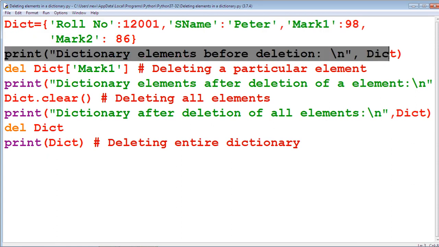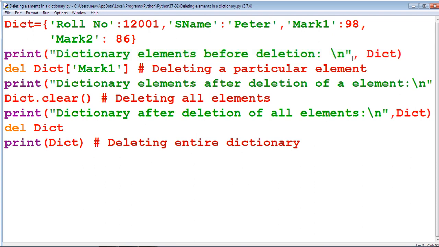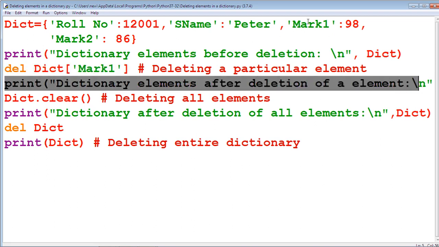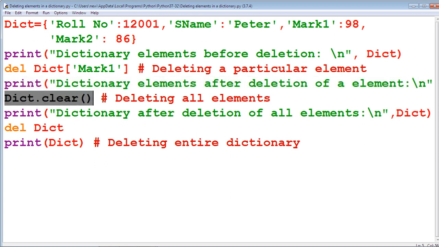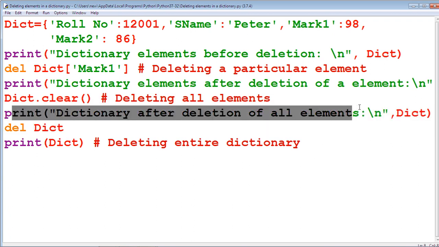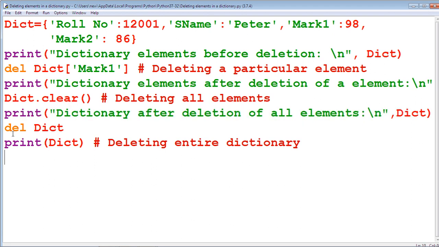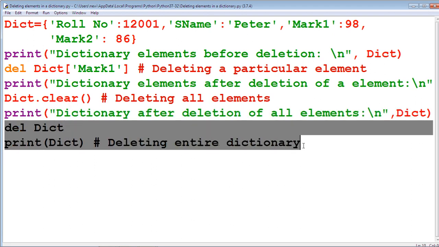Here we print the dictionary, and we get all the values. After deletion of dict of mark 1, we get the dictionary values except mark 1, 98. After deleting all the elements by using this statement, we get only the empty dictionary. After deleting the entire dictionary, we get the error message, dict is not defined.